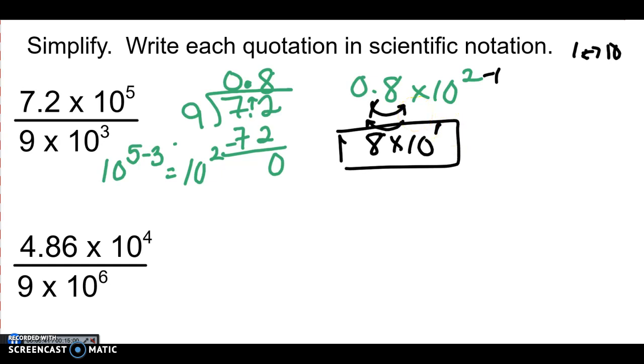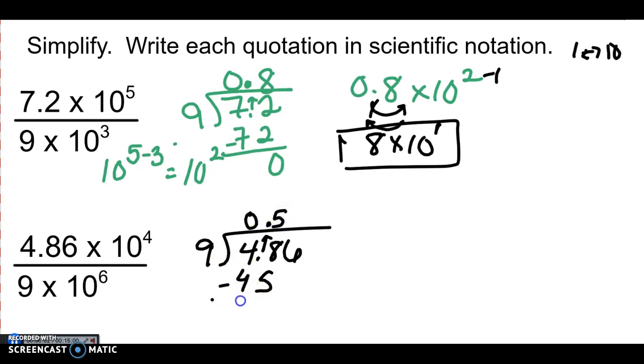Okay, let's look at the next one. 4.86 times 10 to the fourth divided by 9. So 9 goes on the outside. 4.86 goes in the house. Move the decimal point up because I have nothing else to do with it. 9 does not go into 4. It does go into 48 5 times. 9 times 5 is 45. Subtract, you get 3, 6. 9 goes into 36 4 times. You get 36, 0. So the answer is